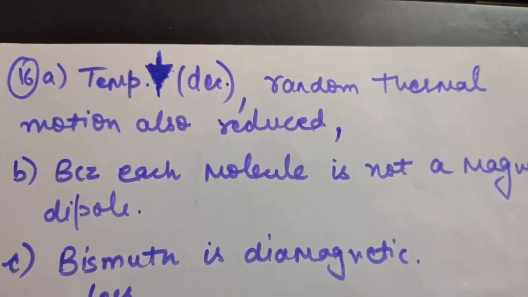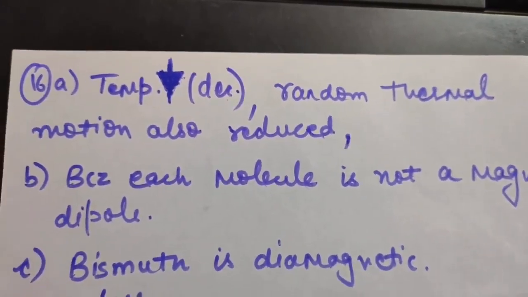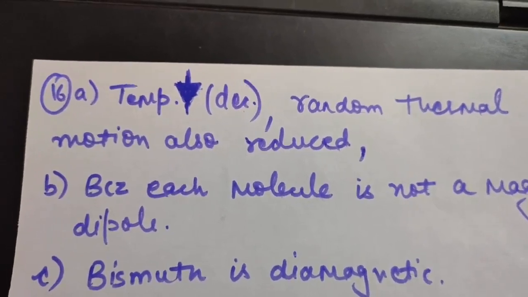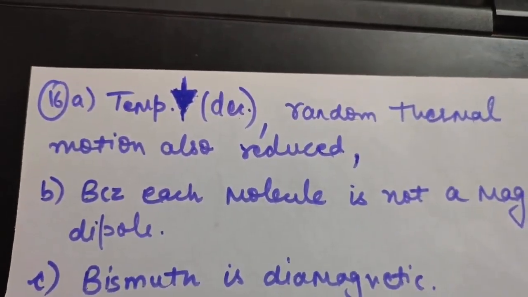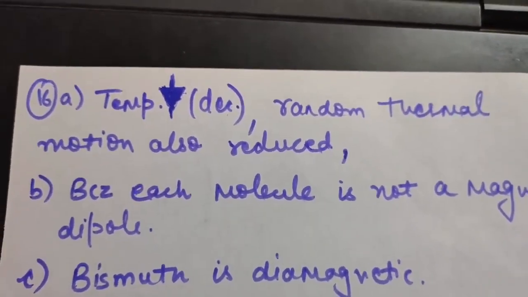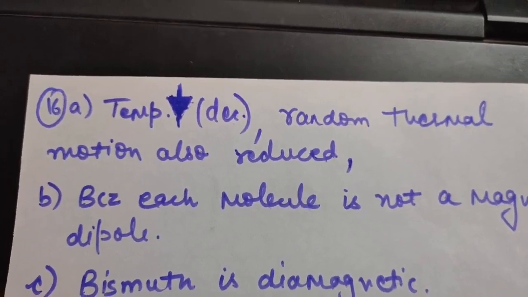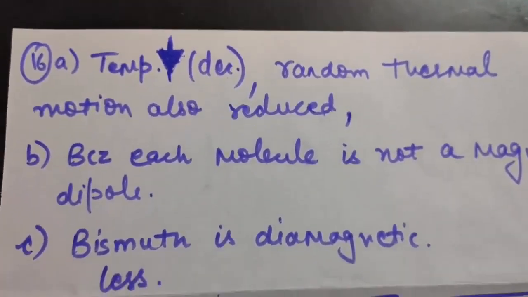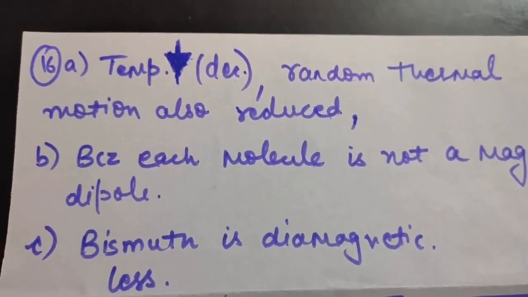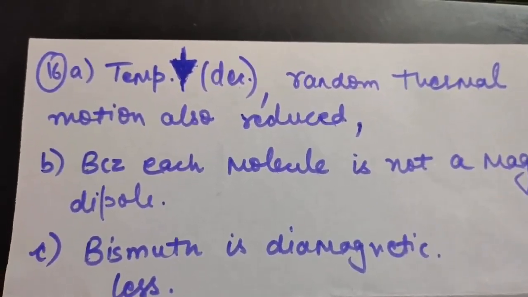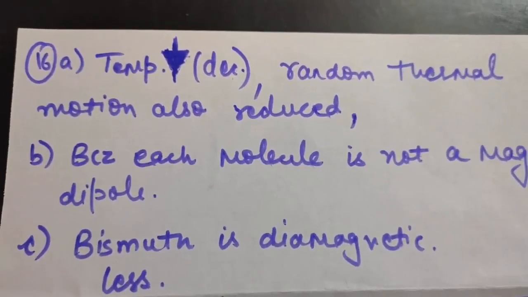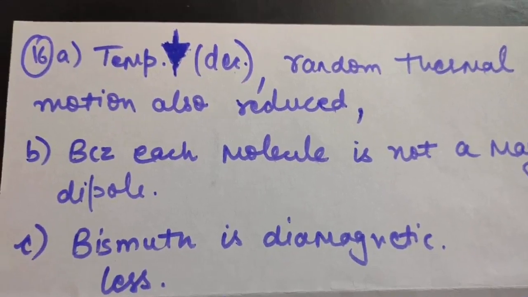Okay, so the next part of the question says, would the maximum possible magnetization of a paramagnetic sample be of the same order of magnitude as the magnetization of a ferromagnet? So the answer is yes. Maximum possible magnetization in both the materials, that is paramagnetic sample or ferromagnetic sample, will be the same, but to acquire that value, very high magnetization is required, which is very hard to achieve. Although they can have the same value, that is hard to achieve.